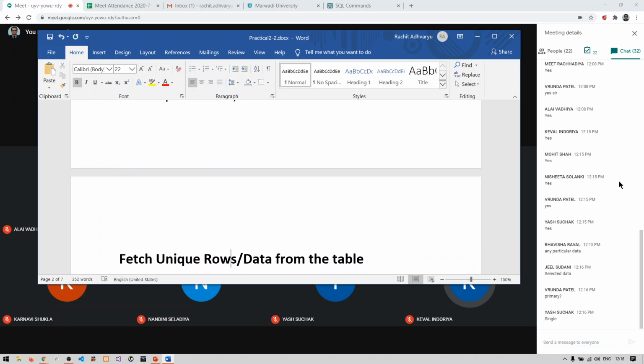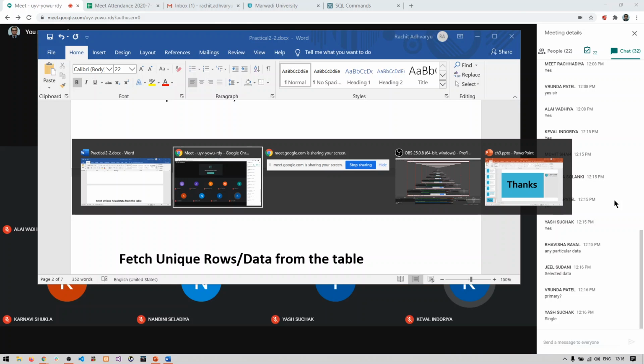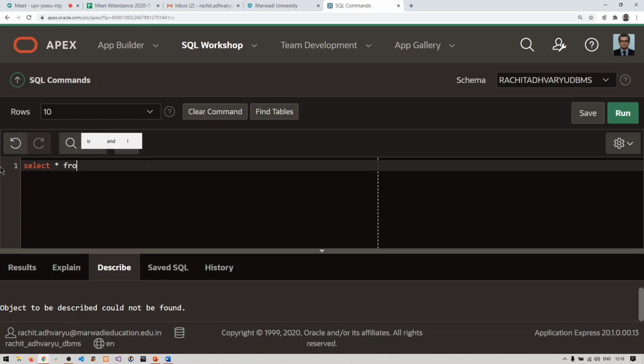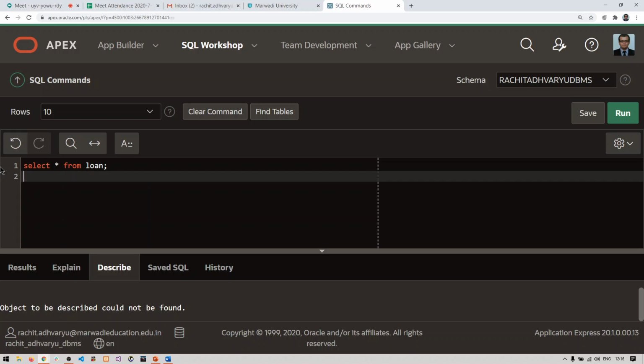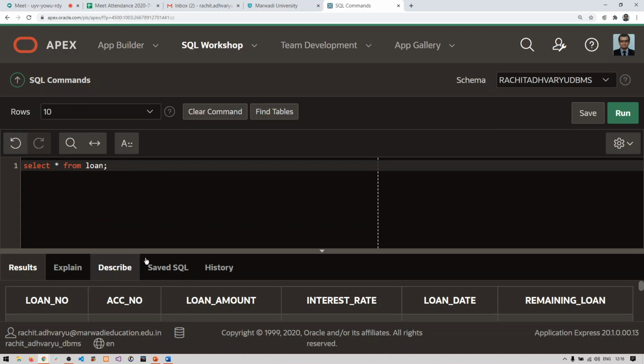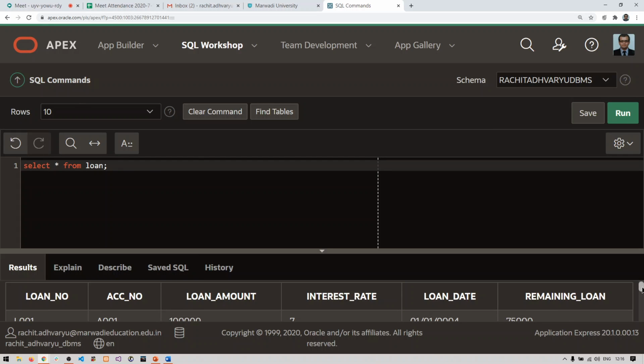So what I actually want to say here is, let me go to my SQL and we'll see that. Let me fetch one of the tables, that is select star from loan. Now concentrate on the data. Students, everyone see here. I have 6 columns.